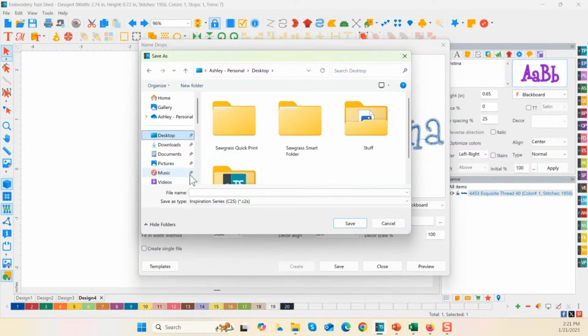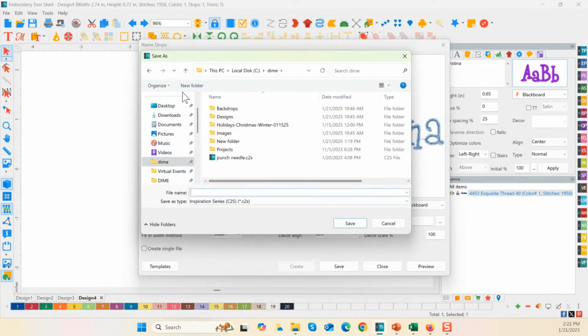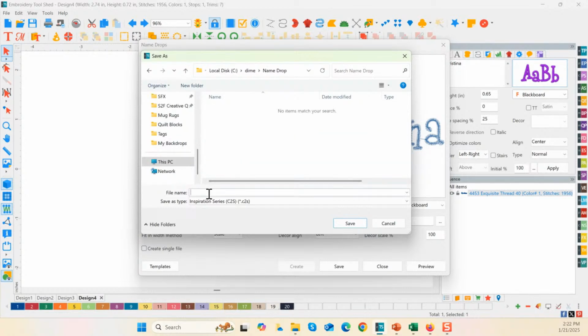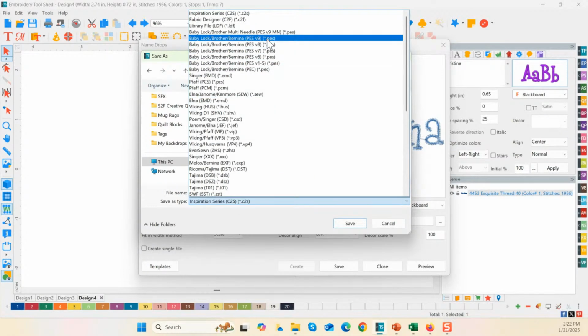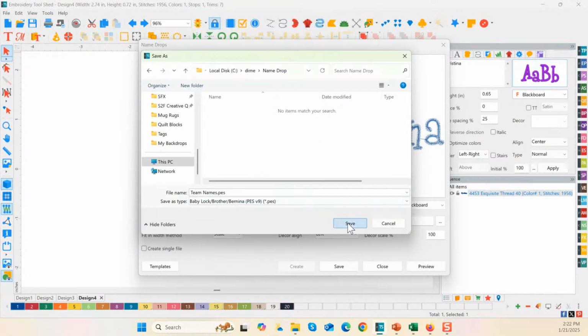I'm going to put this in our C Dime Designs folder, and I'm going to create a new folder and call it Name Drop so that we can easily get back to it. Okay, so there's my Name Drop folder, and then we're going to call this our team names. We just give it a name, and it's going to name each one individually. Now here, you want to choose the format for your embroidery machine. Click save,